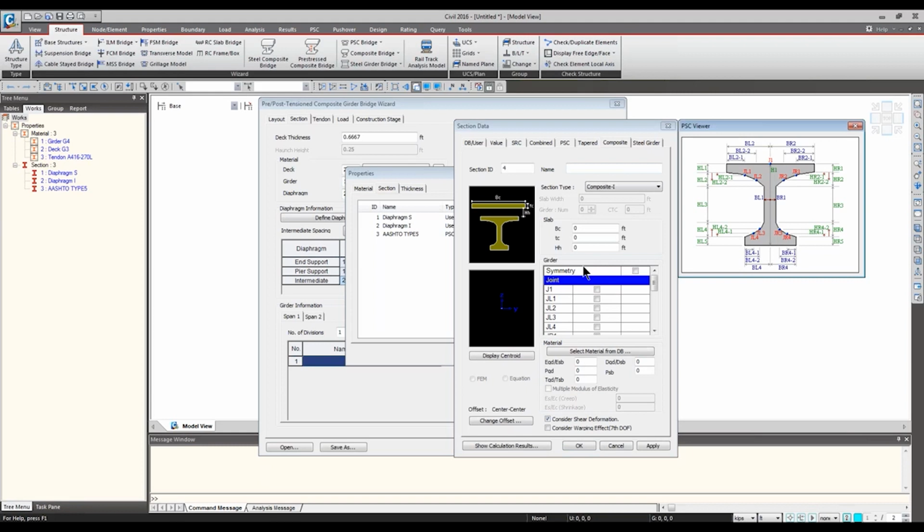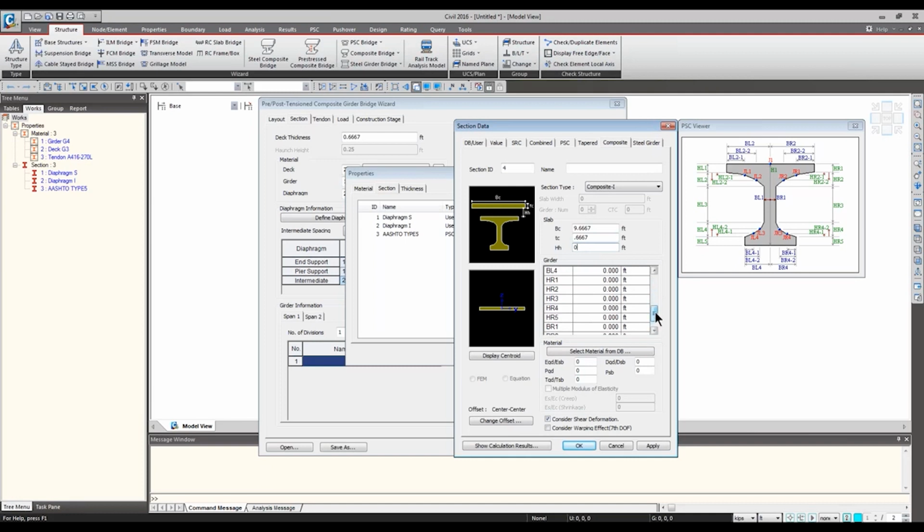The reason why you have to define the girder and then the composite is just because when you define your composite section here, you can punch in the slab information, very simple. It's the girder to girder distance, BC, and TC for the thickness of the deck, and haunch. And then for the girder portion, it seems like there's a lot of work to do, right?